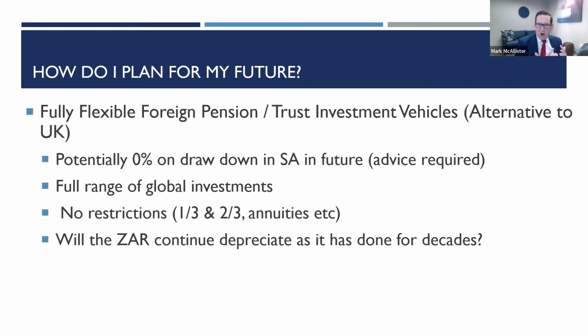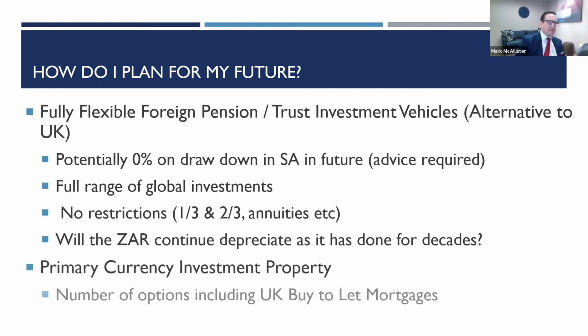And I see this quite often, where expats can't afford to buy back the investment properties that they used to have, and so they might be rand rich, but they're becoming primary currency poor. So that's again just a note. One of the things to think about is how to use things like investment property and UK buy-to-let mortgages to grow your wealth in that regard. But anyway, that's something we can assist with.